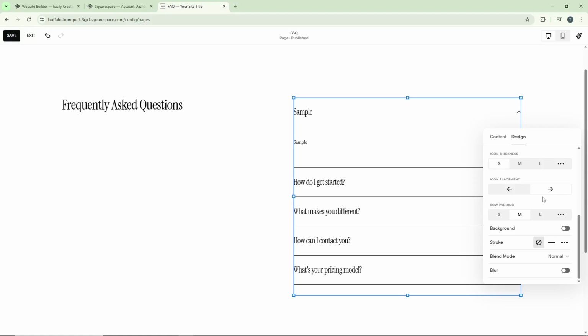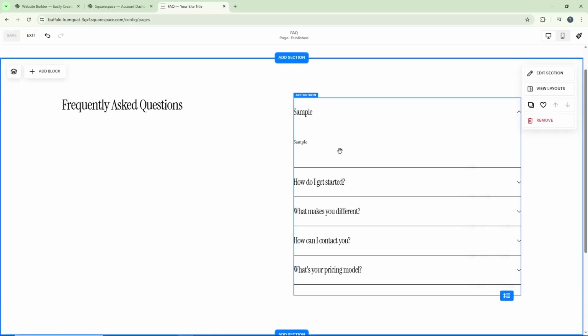These design tweaks help ensure your FAQ section looks polished and professional while maintaining consistency with the rest of your site. Once you're satisfied with all your changes and the FAQ section looks exactly how you want it, click Save. Your drop-down accordion-style FAQ is now live on your Squarespace website, ready to help your visitors find the information they need quickly and